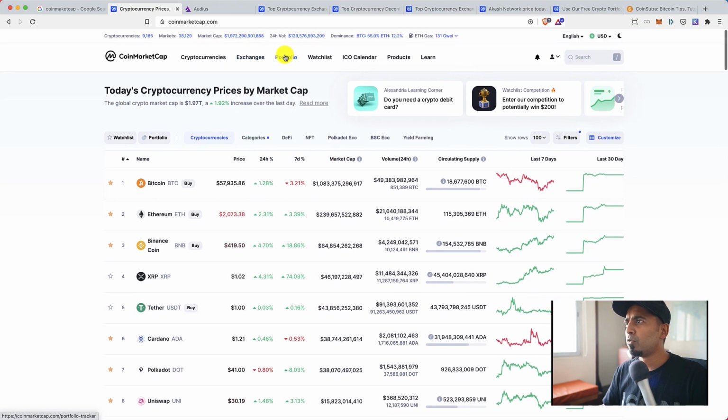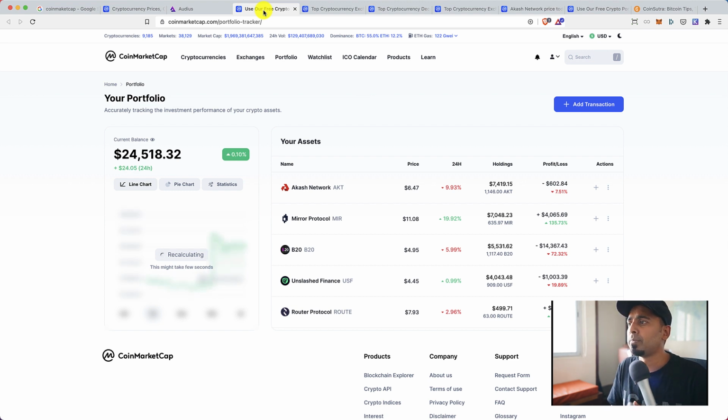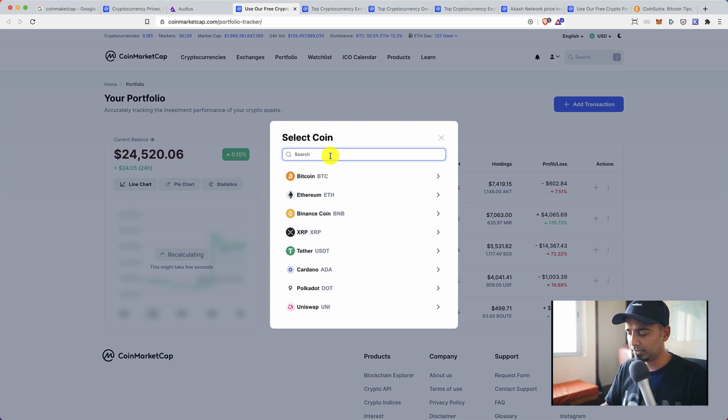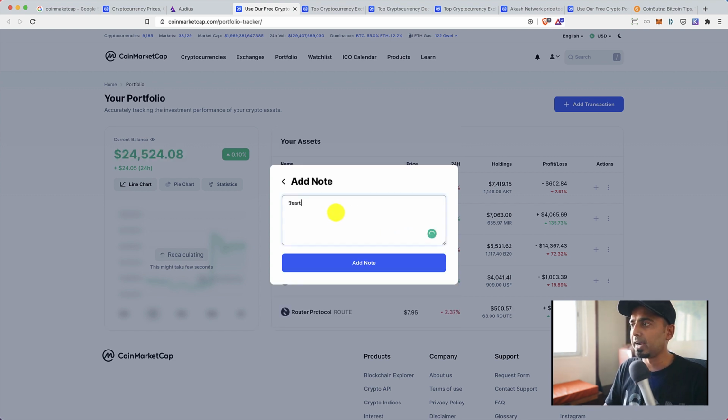All right, so moving ahead now, watchlist I've already shown you. Now there is a sample portfolio that I want to show you. So portfolio tracker is a new feature that has been added by CoinMarketCap. Now you can always add a coin. Let's say you want to add AKT. You add this coin, you add the quantity, you add the price at which you purchased it. You can mention the fees. If you like, you can add notes